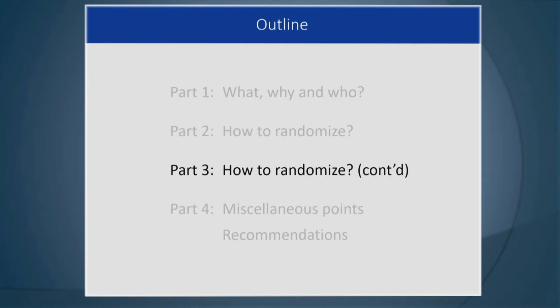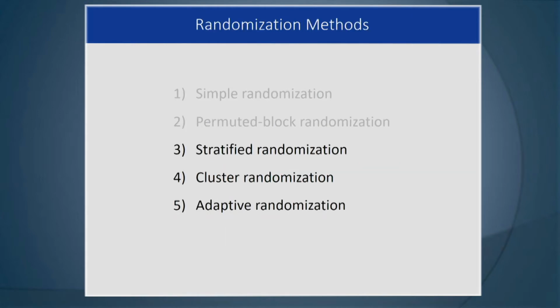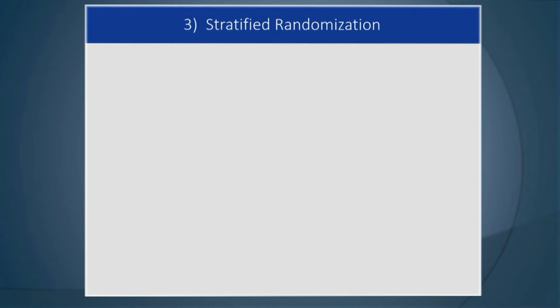And in this part, we're going to continue our discussion about how to randomize. And if you remember, we talked about the first two methods that are listed here in part 2. And in part 3, we're going to talk about stratified, cluster, and adaptive randomization. So in stratified randomization,